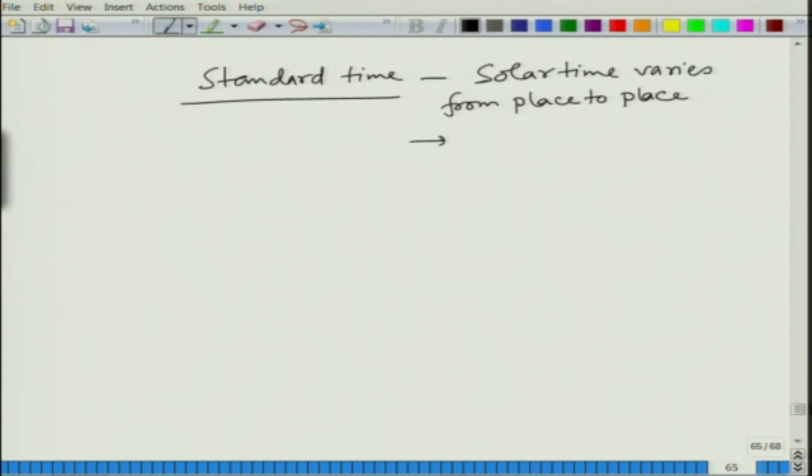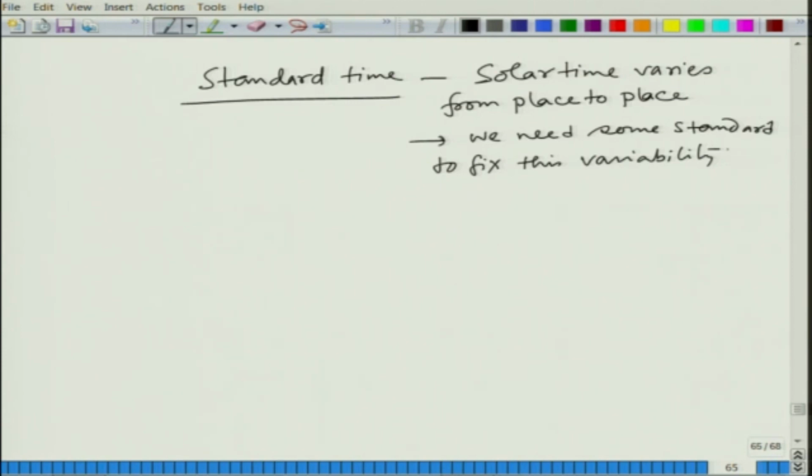So we need some standard to fix this variability,